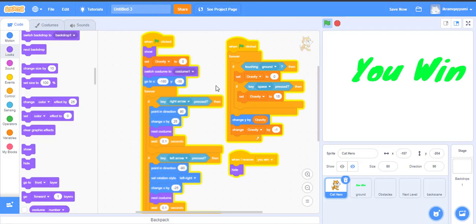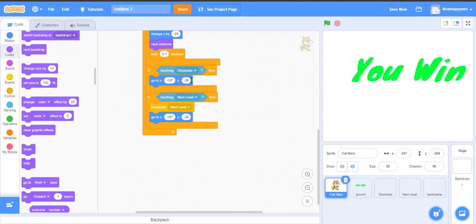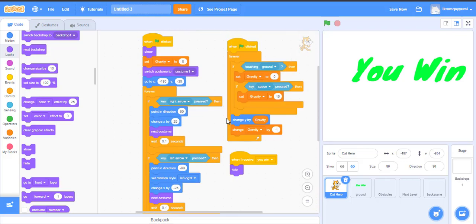So in this video, let me revise. You learn how to design your own back scene, design your own obstacle, design your own ground, and how to give animation to your character, changing costume, how to make them move using your keyboard arrow keys, how to give them gravity, and show and hide, and if conditions, if touches the obstacle what will happen, if touches the next level how to change the level. These are the ways. I hope you learn a lot,